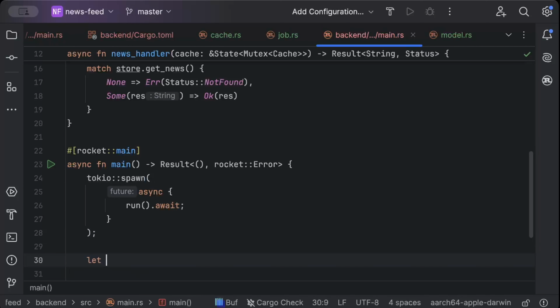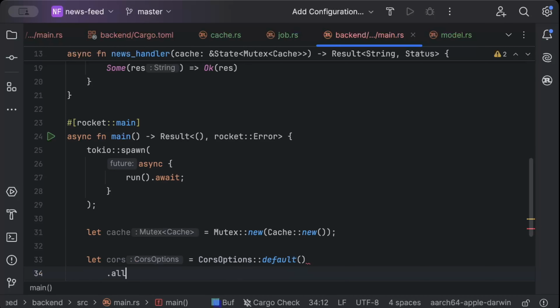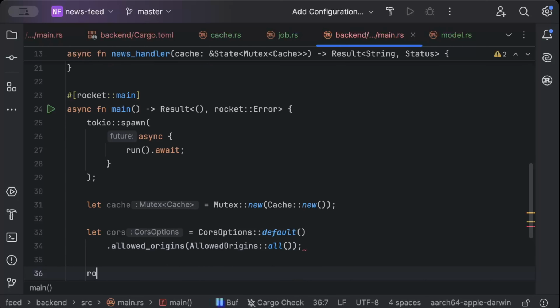and let cache mutex new and cache new, then we'll add cors options default and allowed origins. So right now I'll just allow all the origins, but we can restrict to our front-end origin only. And rocket build,